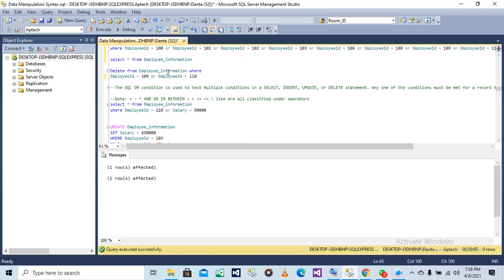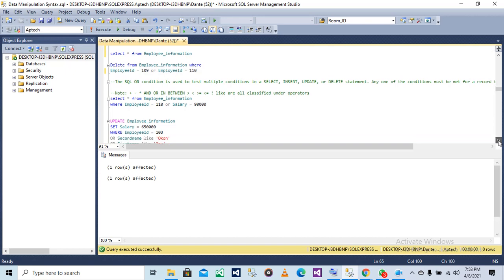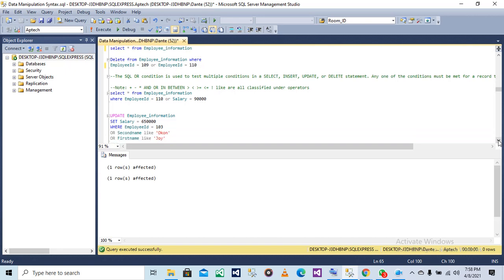You just have to specify the ID of the row. That's why primary key is very important. That's why I told you once you are creating a table, it's good to create an ID, a primary key for it, so that you can identify each row with the ID, because they are very unique. Once a table has a primary key constraint, it automatically has a unique constraint and a not null constraint.